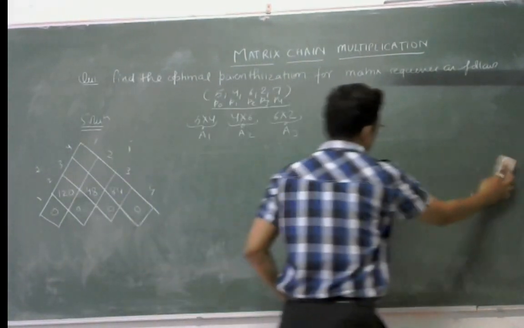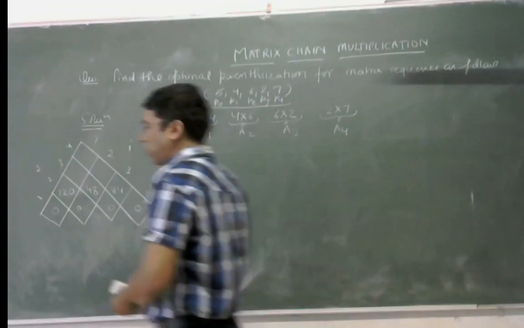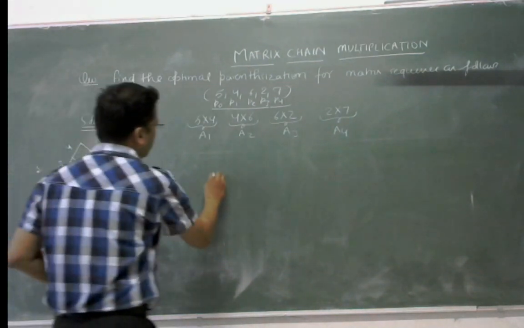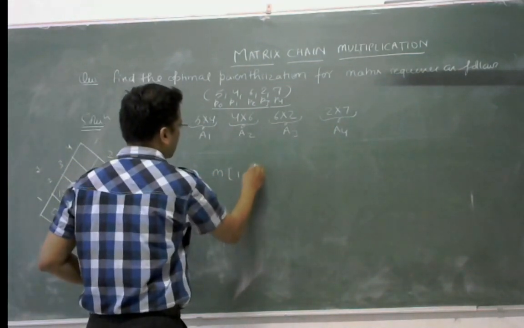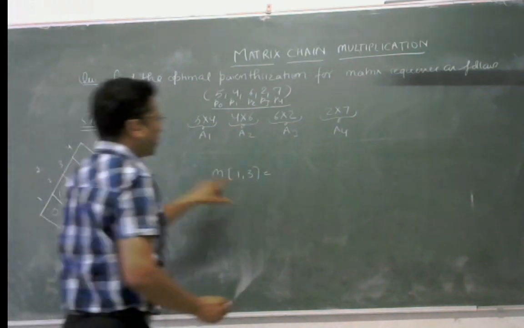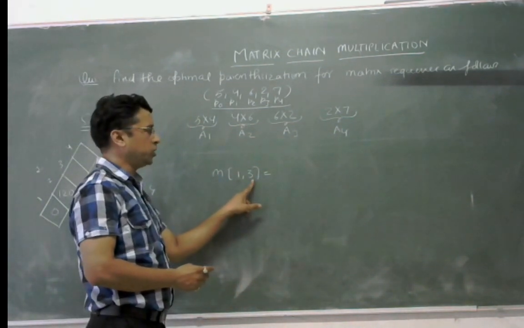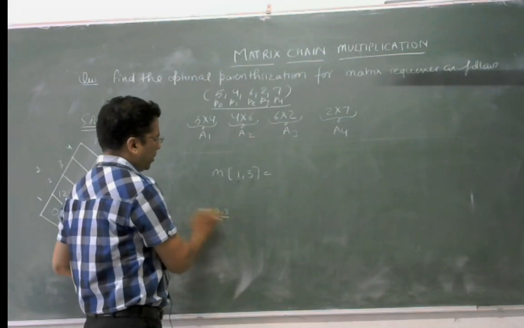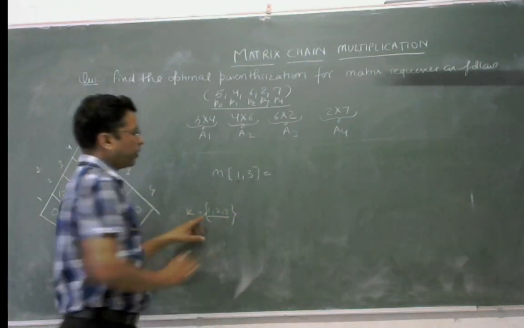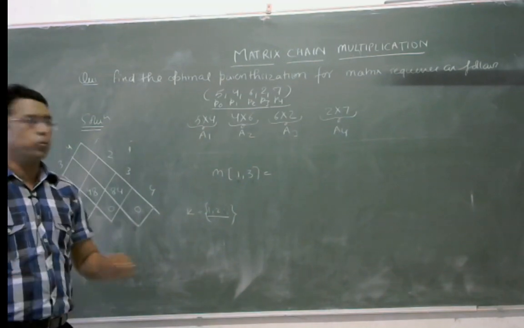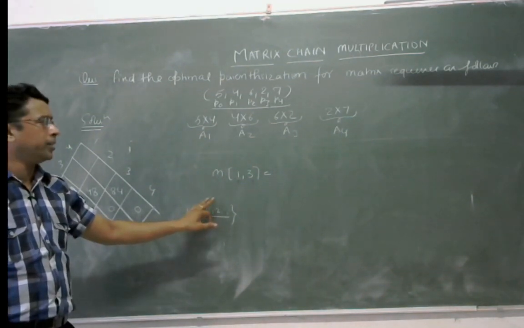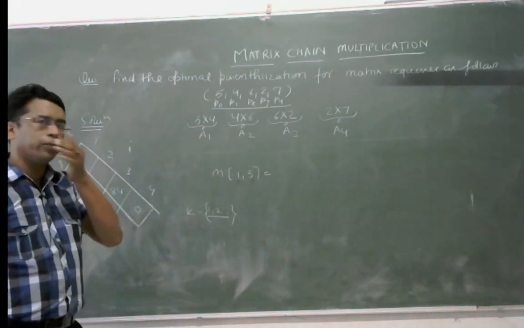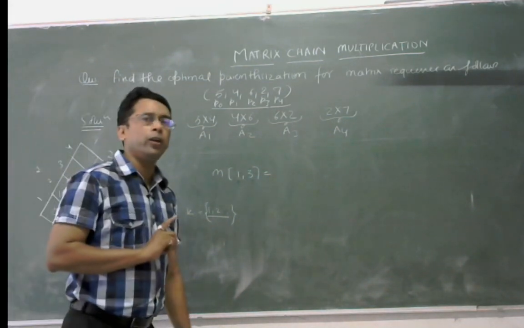Now we shall find the value of M13, that is m(i, j). In place of M13, since i is equal to 1 and j equals to 3, the possible values of k in between are 1, 2. K lies in between i and j, and i equals to 1 and j is equals to 3. So the possible values of k are equals to 1 and 2. So we shall find the value for both of them.